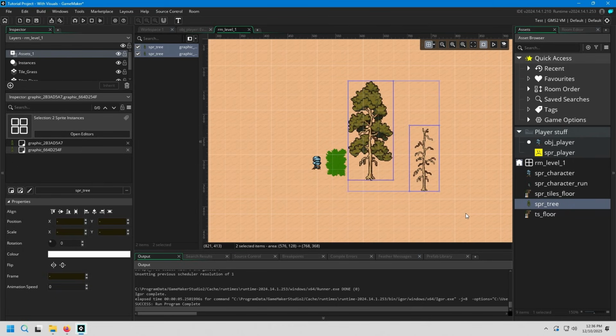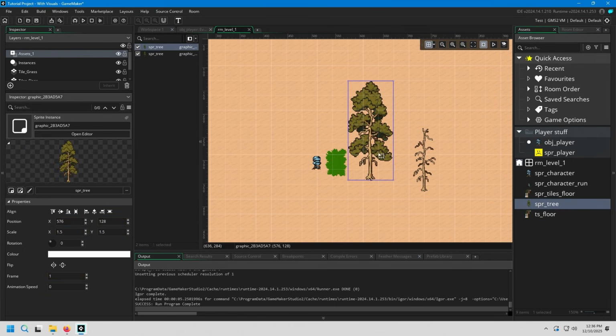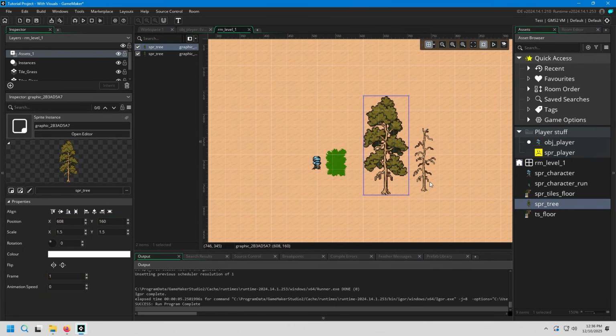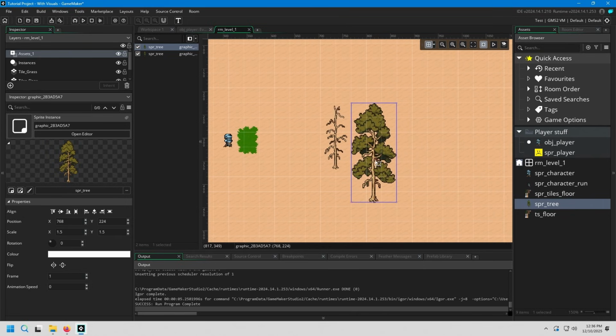Whereas if you have something that the player needs to interact with, like if you can cut down the tree, or if you can harvest something from a bush, you probably should make those instances. Anyway,